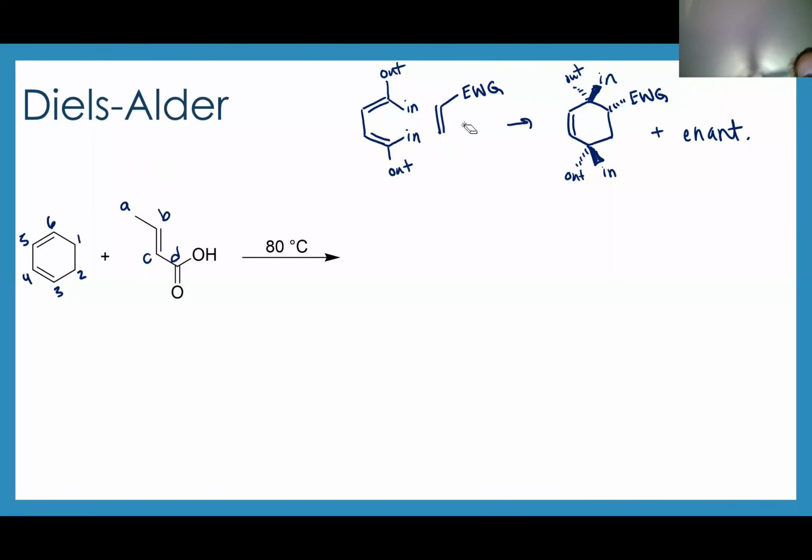Which carbons of the diene are going to make bonds to the dienophile? Carbons 6 and 3. Right, so carbons 6 and 3 are where those new bonds are going to be formed from. And which carbons of the dienophile are going to be used? B and C. Right, B and C. So when you draw out your new structure,